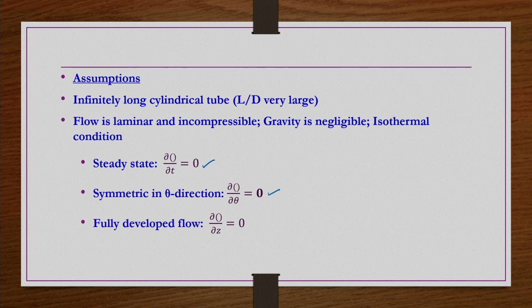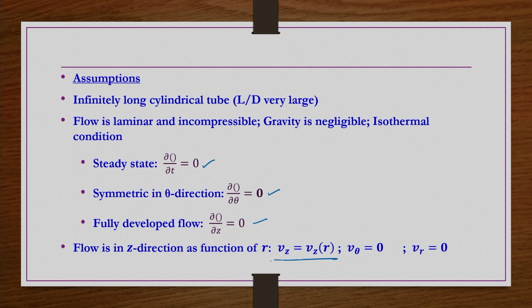especially for the flow variables, not for the scalars like temperature and pressure. And fully developed flow is taking place in the z direction. So, in the z direction dou by dou z of any flow variable is 0. This is also for the flow variables, not for scalars like temperature and pressure. Further, we have a velocity dominating in the Vz direction, which changes as we change the r value from 0 to capital R, whereas the other velocity components, like V theta, are very small compared to Vz and negligible, so we can take them as 0. And the only shear stress component existing is tau Rz. Other components of shear stress are not existing.